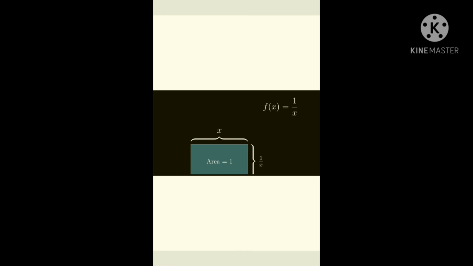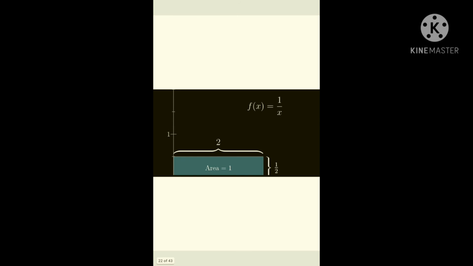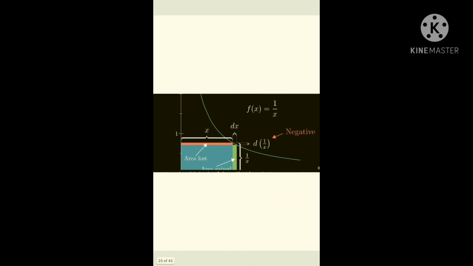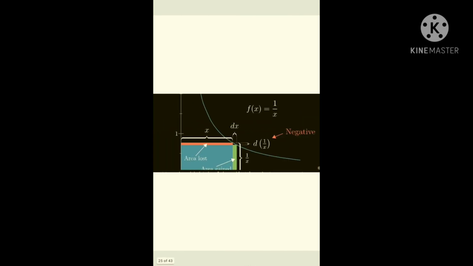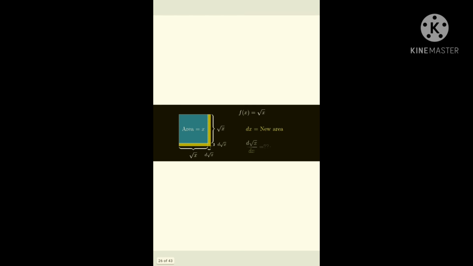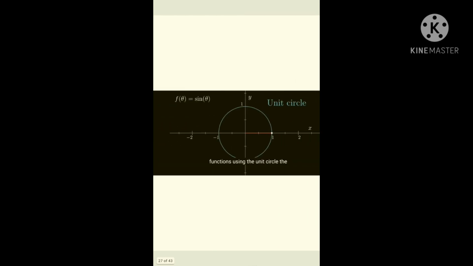See, if you have 1 over x, and I increase the value of x, then 1 over x decreases, and vice versa. See, here the area is 1 because one side is 2 and the other side is half. So 2 into half is 1. So when I increase the breadth, then the height will decrease, the area is decreasing here. So decreasing, it can even go towards negative. So this is the reason why we should learn the formulas.